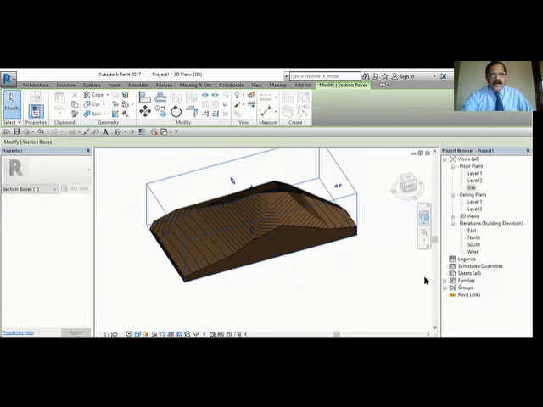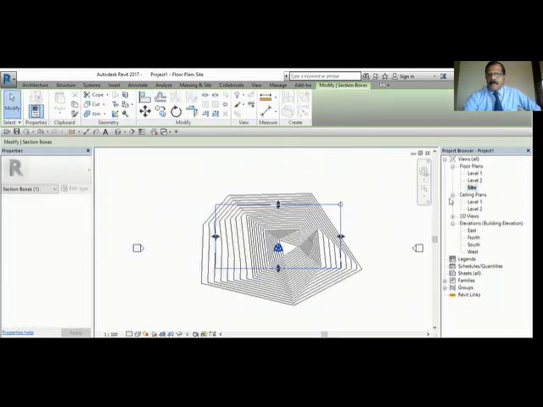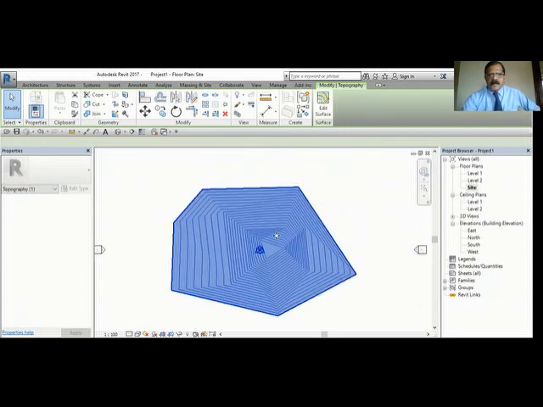Okay. So today I created this without any contour or anything. I just gave some points. Whenever you want to create a topo surface, you have to do a topo survey. You have to go to the site and do it. If you do it in level 1, it will give a message. You can do it in level 1 also. The problem is that then you have to go to visibility graphics and switch things on from there. So always create it in the site. Let me delete this.